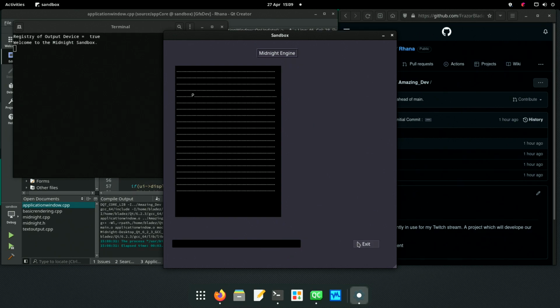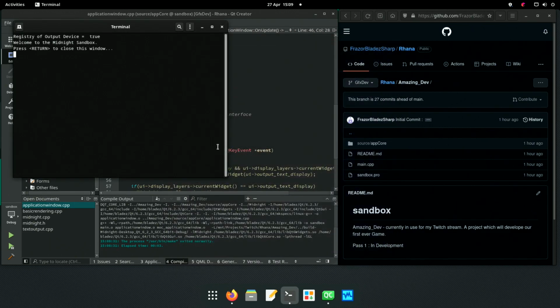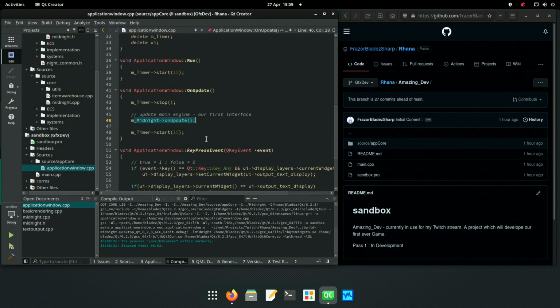So I've now really gone right back to the beginning of the Midnight Engine and how we initially developed it. But now you can see why developing a game engine first is a bad idea. Because what we've developed is a game engine that cannot perform the instructions for the game that we want to do. It will overwrite whatever we try and do.